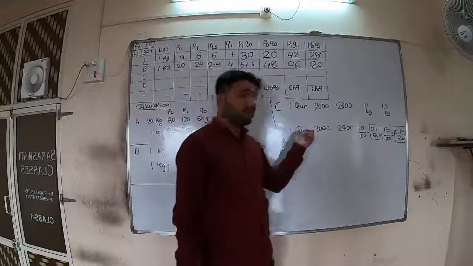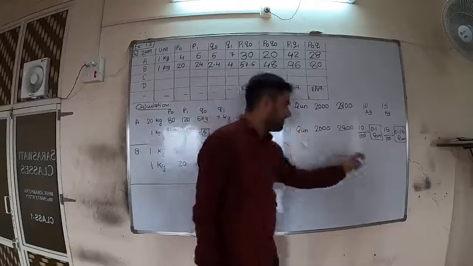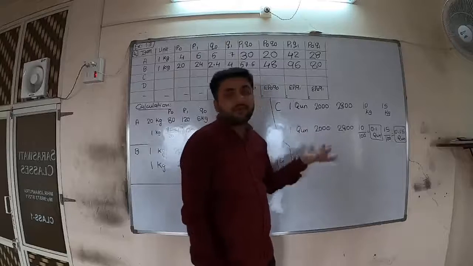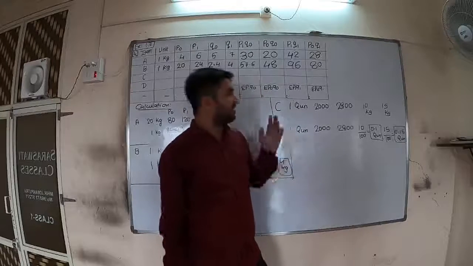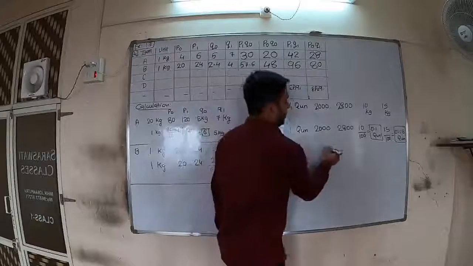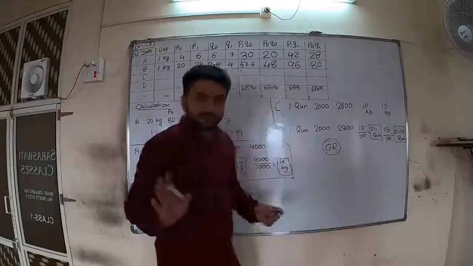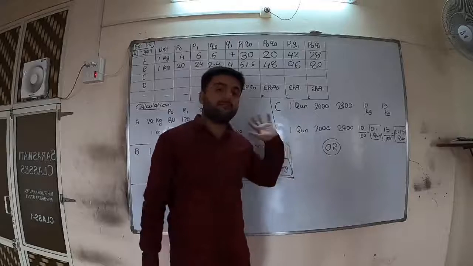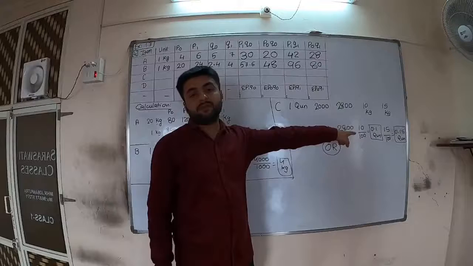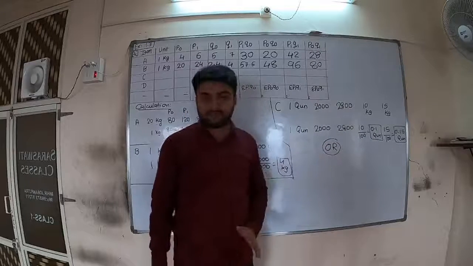See, horizontally units must be the same. Quintal, quintal, quintal. Unit is equal to 1, so the unit is always 1. Unit is given as 1, so you do not need to convert it. You do not need to write it, but I am showing you how they do it in the book. In the book, this way is not solved. How it is solved in the book, I will show.